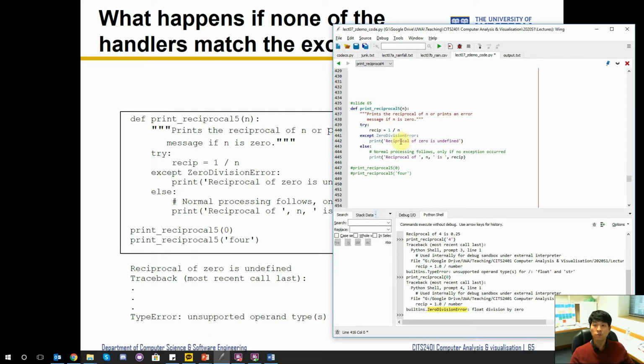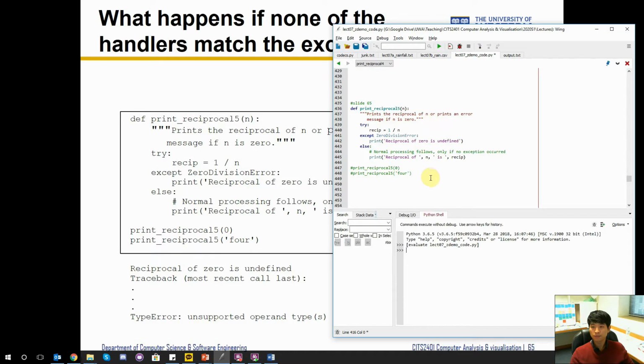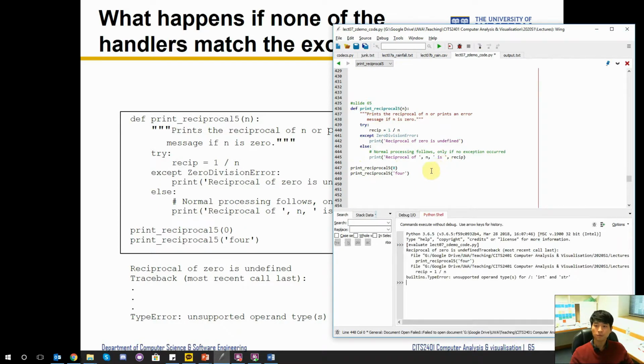So using the reciprocal 5, let me run this. Oh, good. And then, oh, I should have done this. I'll run it again. So 0, 1 is a zero division error, so I handled that correctly. But the normal one, type error 1, I don't have it, so it's going to give me an error again. I didn't accept any type of error other than the zero division error, so it doesn't know what to do